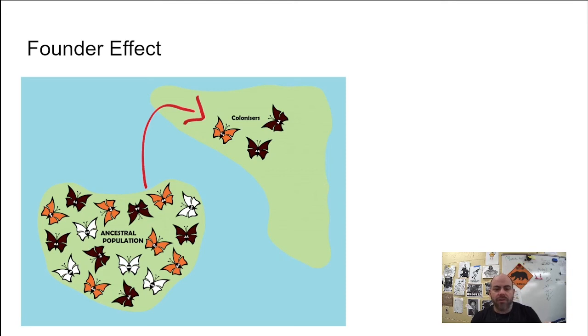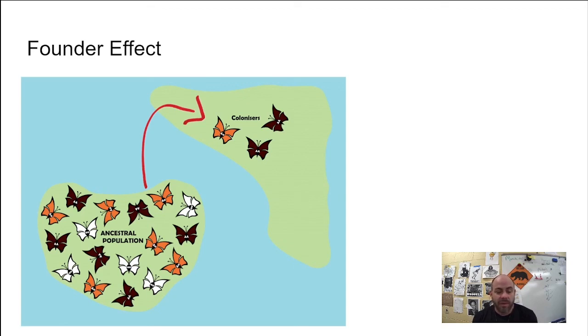And another example of genetic drift is called founder effect. Pretty similar, but founder effect has to do when the small bit of a population moves away to another group. You can think about this with humans, especially over time. You see lots of instances of this happening with humans over the course of civilization. But just look at this picture of butterflies. A butterfly population that has what?